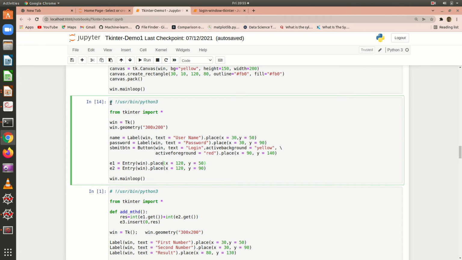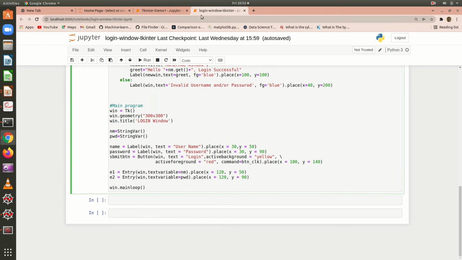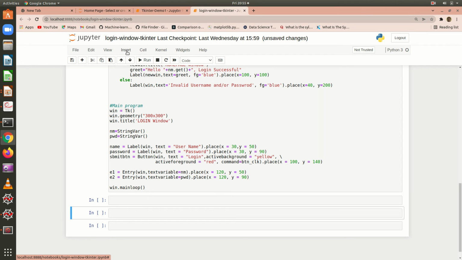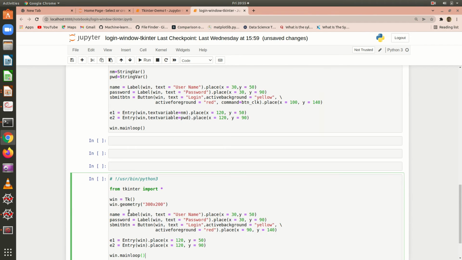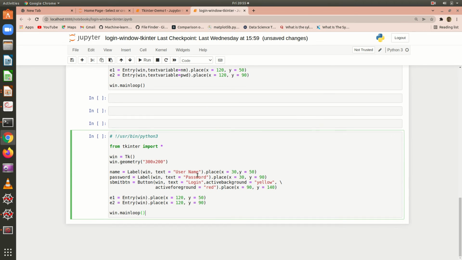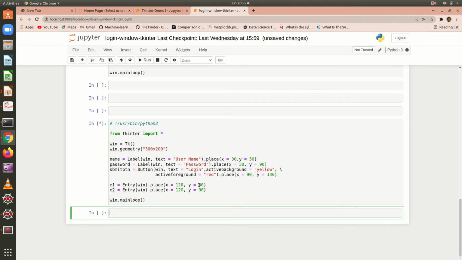So this is the program which I had tried earlier. Let us copy it and let us insert some cells. I am going to copy it here. So this is the program which we had seen now. I am going to run this program.